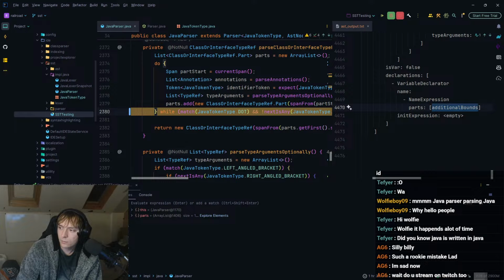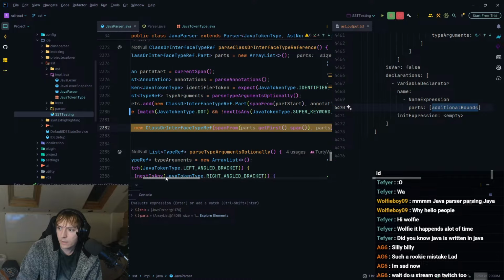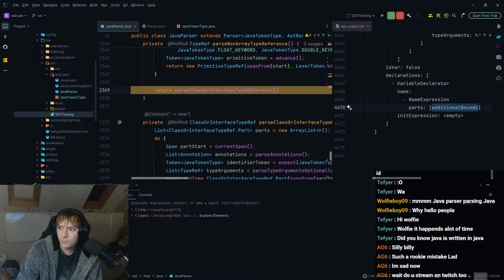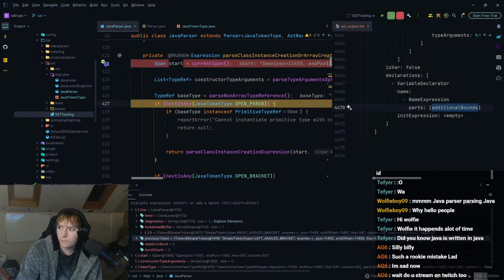Okay. Parts.get first.span. Fine, I think. Here's the type. If next is any, an open parenthesis, which it should be.